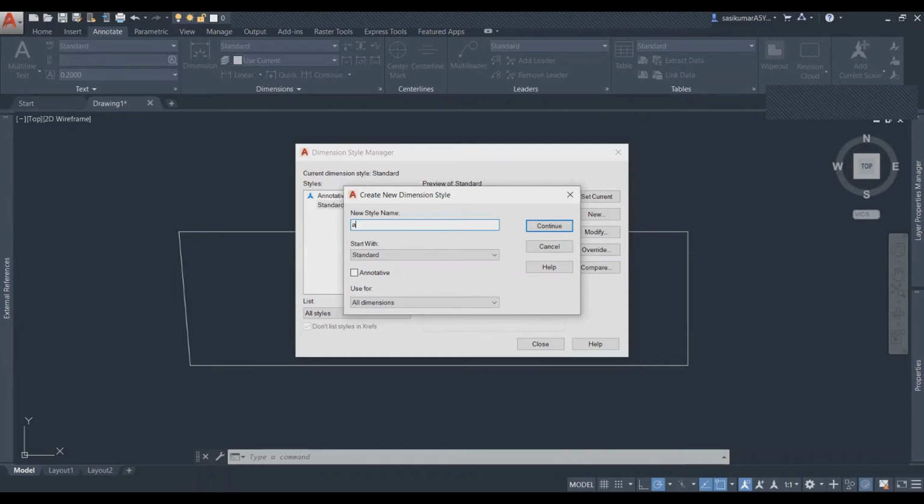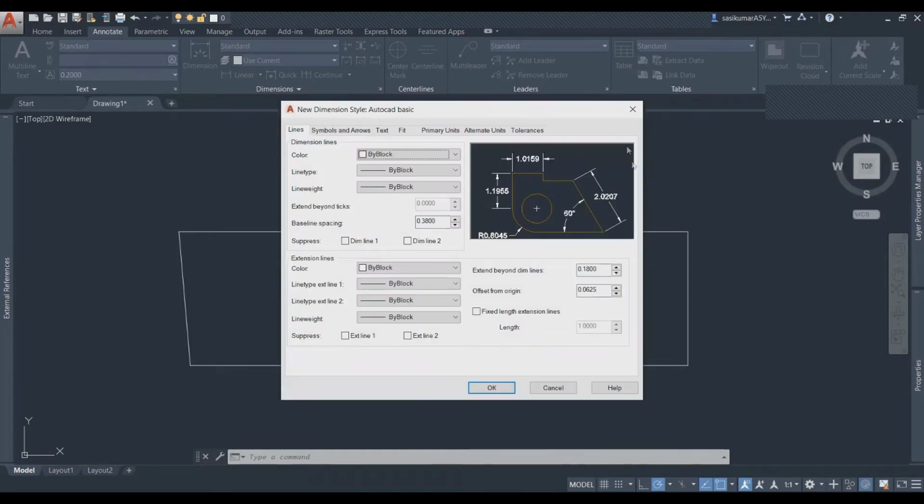Now I'm going to give AutoCAD Basic. This is my standard. This style is starting from Standard. Then I will click Continue.